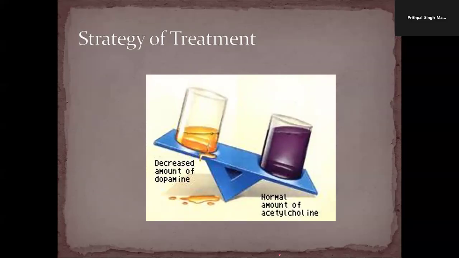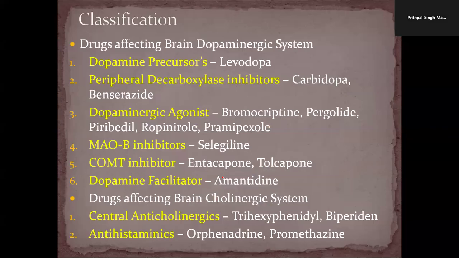We have already been talking about a balance. One is dopamine, and there is a deficiency of dopamine. So that means either you can use this or this. So the strategy is to either increase the dopamine transmission or decrease the acetylcholine transmission. Based upon this, we have classes of drugs that are